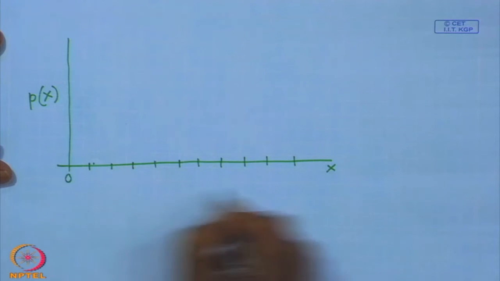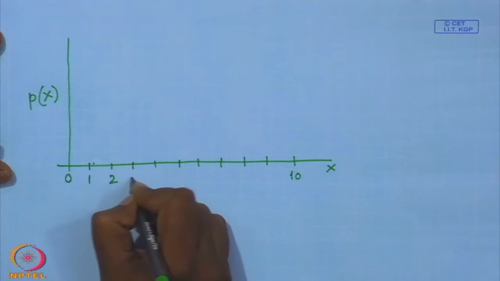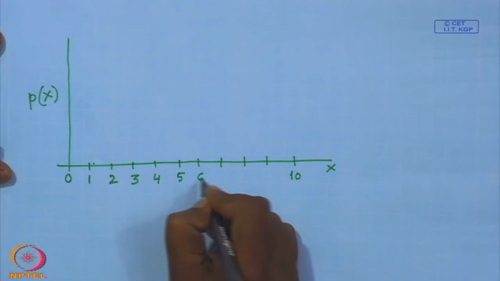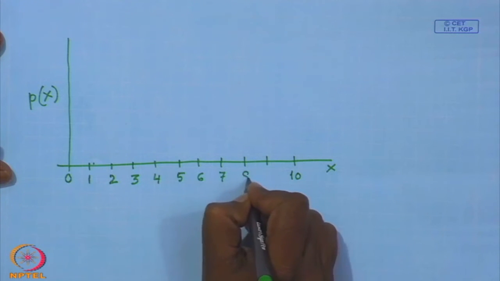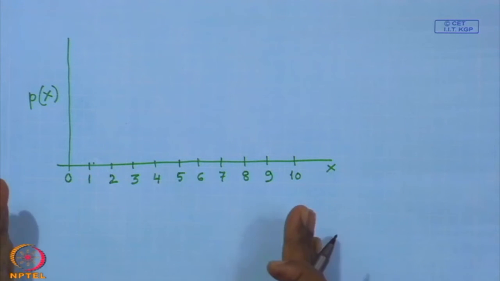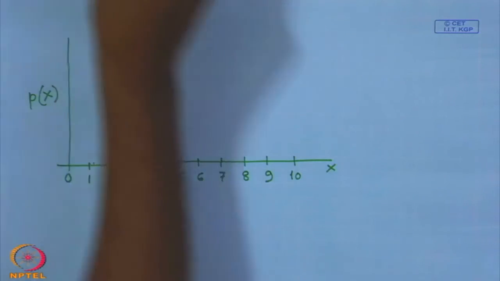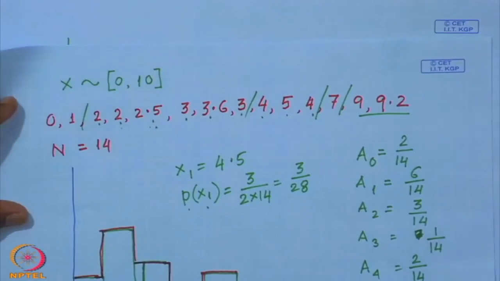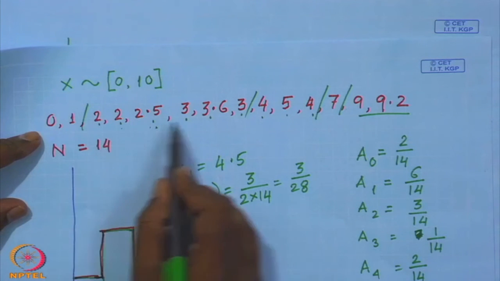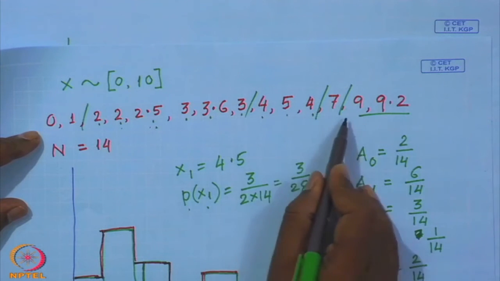Here it is 0, here it is 10. Now, given these bins, I take the same set of samples which I took for the earlier example, that is 0, 1, 2, 2, 2.5, 3, 3.6, 3 again, 4, 5, 4, 7, 9 and